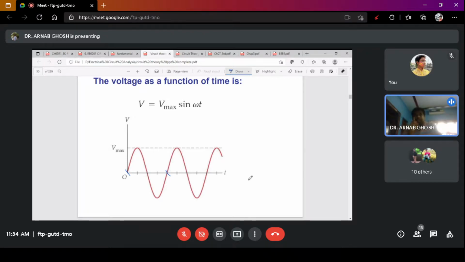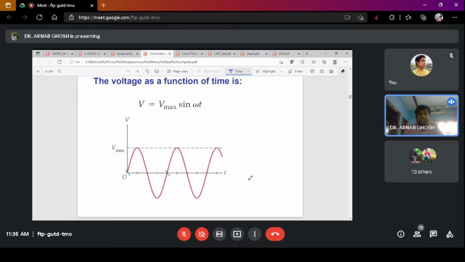When I'm talking about a frequency, what is the supply frequency? What is the common supply frequency in India? 50 hertz. When I'm talking about 50 hertz, this means that in 1 second, this wave changes its direction 50 times. The AC supply wave changes its direction 50 times in a single second. So this is what is meant by the frequency, and when you multiply, we get the angular frequency.